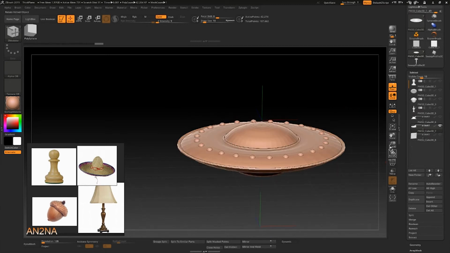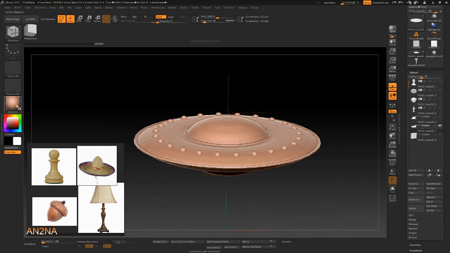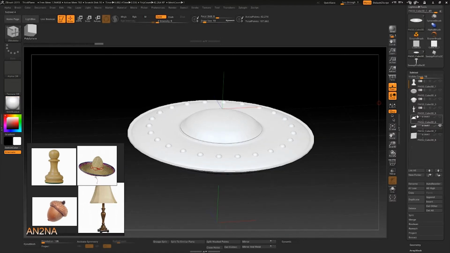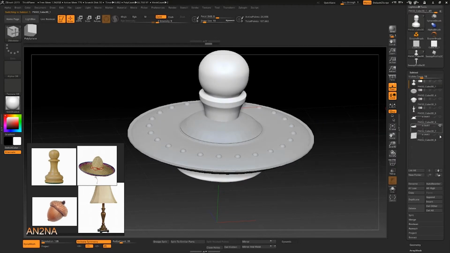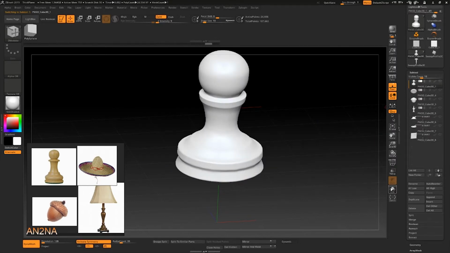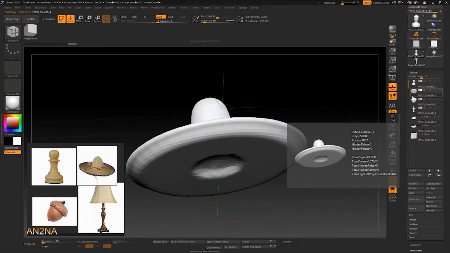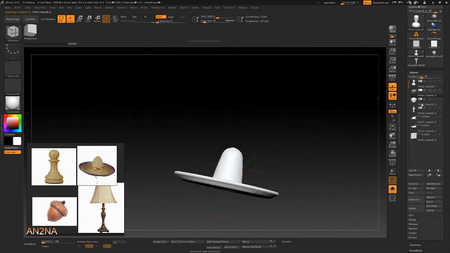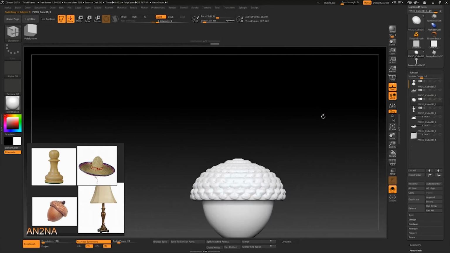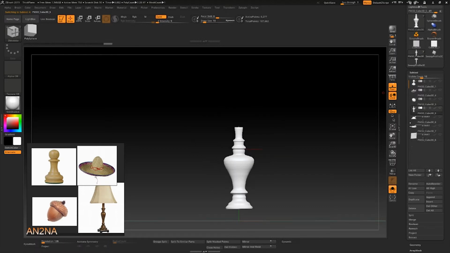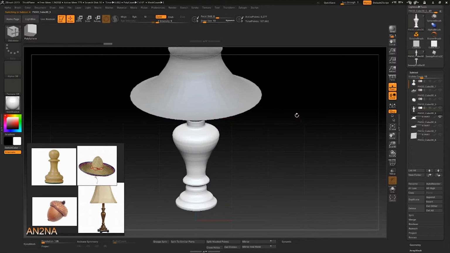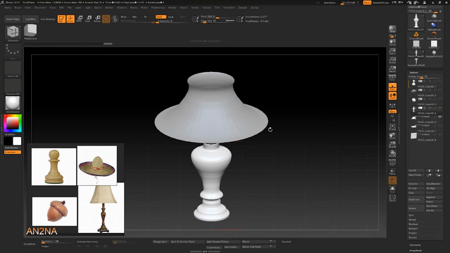Simple, you know, basic, simple models. So if you go run down, you got, let's see, let's turn that off. And we'll put it on solo so we don't get anything else. You get your little hat. We added the character, but he's gone now. Got an acorn. Simple things. You can actually do a lot with this. We'll turn on this. The lampshade. A lot of basic shapes, but at the same time, if you really want to get detailed with this, you can